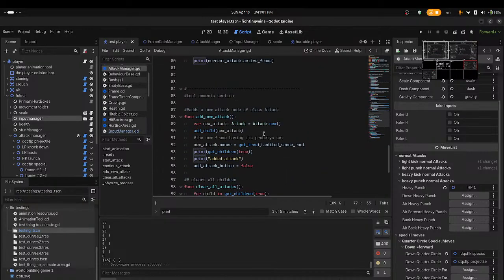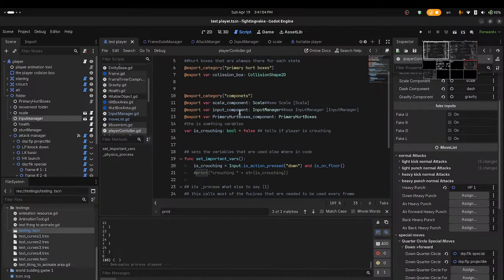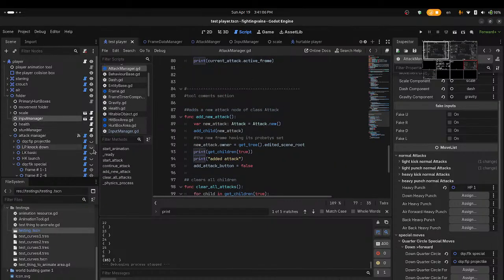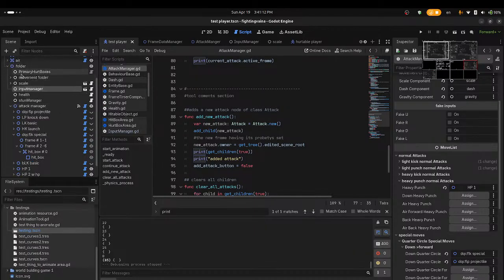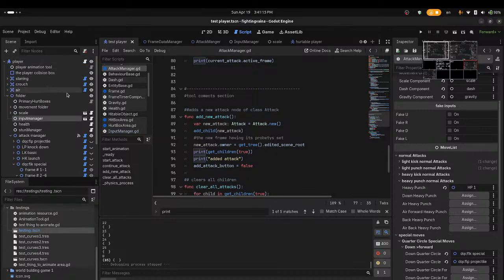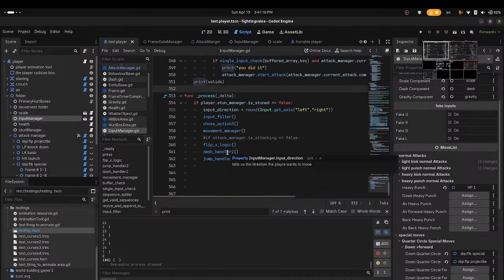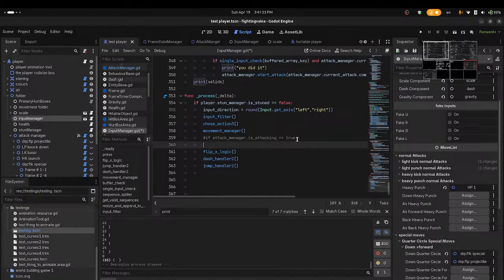If is attacking, do I need is actionable? If I just add the check for attack manager dot is attacking for the movement check, I should stop moving, right? Or did I already try that and it failed? Hmm. Return. If this happens,